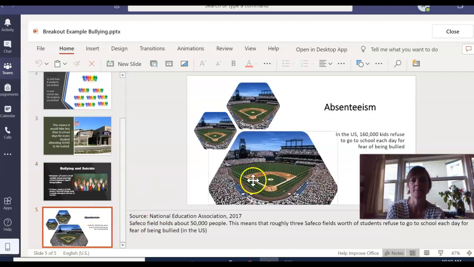Okay, and the last one is about absenteeism. In the United States, 160,000 kids refuse to go to school each day for fear of being bullied. Okay, so it's like, so what? Who cares about that statistic? And also, why are there baseball diamonds on the screen? Well, the source is down here, and then this is how I would describe it if I were giving the